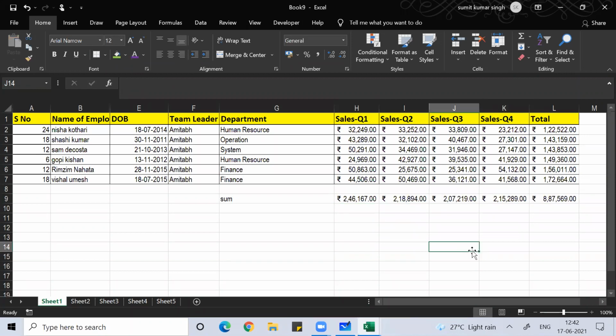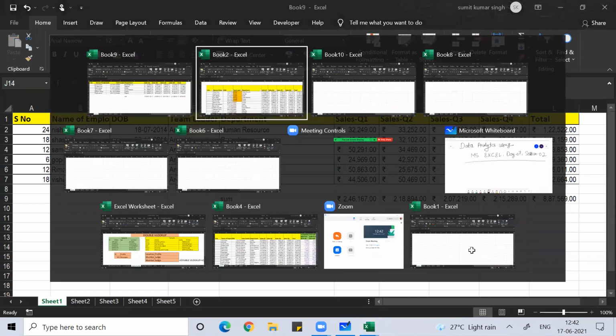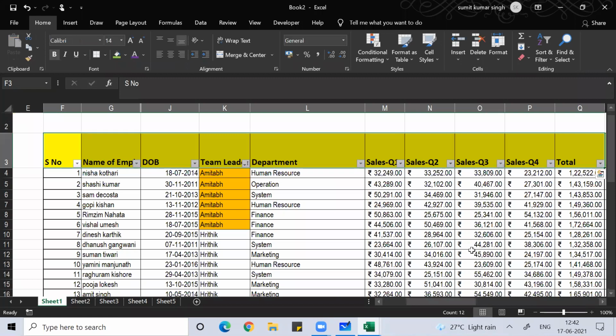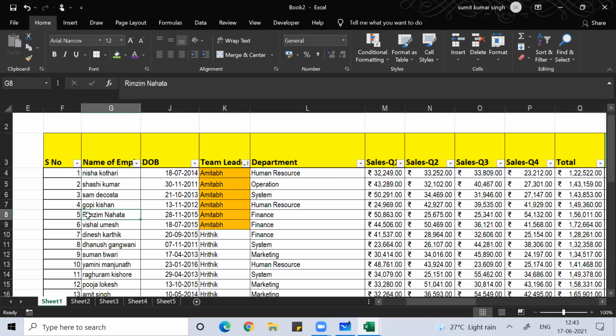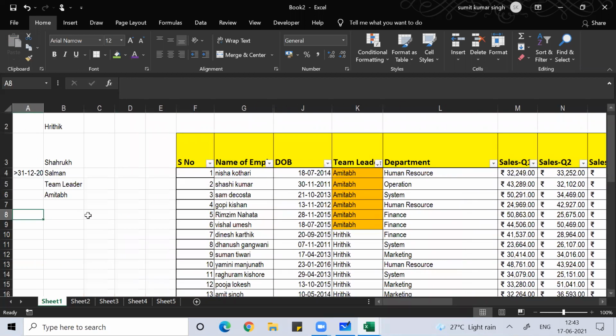So you can see how tedious this job would be if I do it like this. After 10-15 minutes, when my team leader comes again, saying he was waiting for my mail and I still haven't sent it, I say, sir, wait, I'm still doing it. It's not like you can't do it, guys. The purpose of showing you this is not that you can't do it. But is this the way you should do it? That is the question.